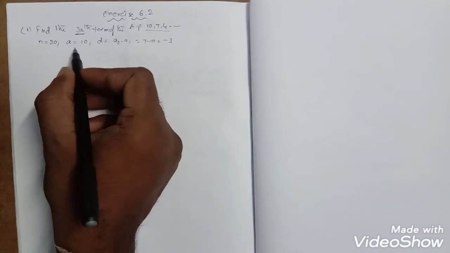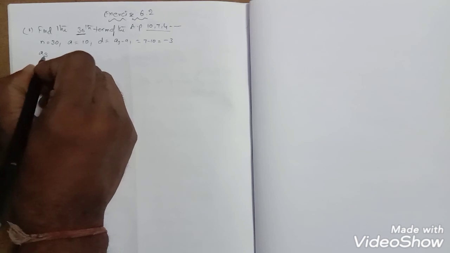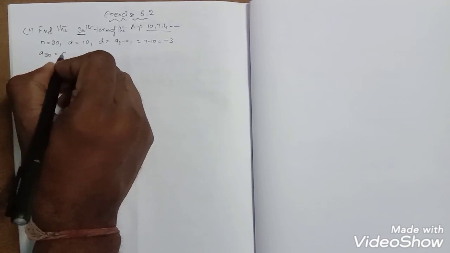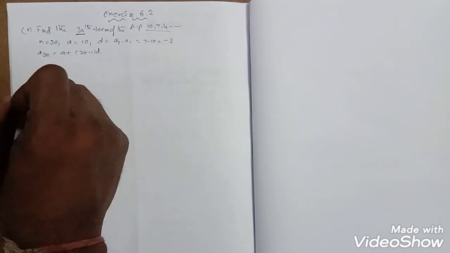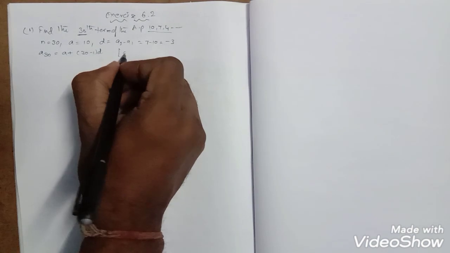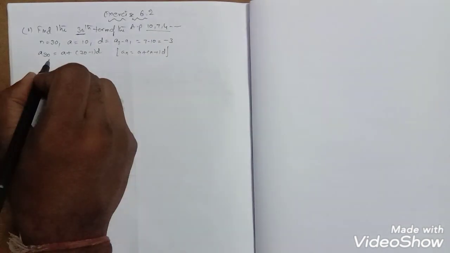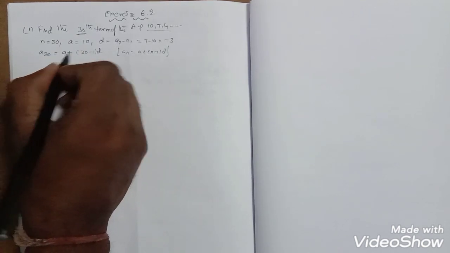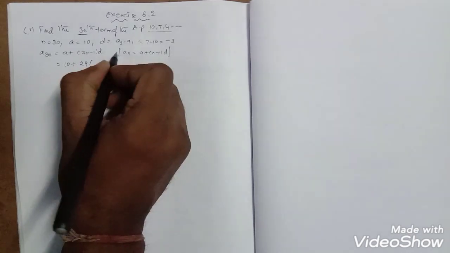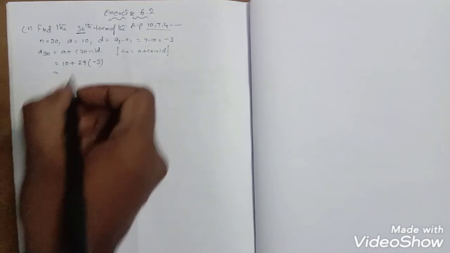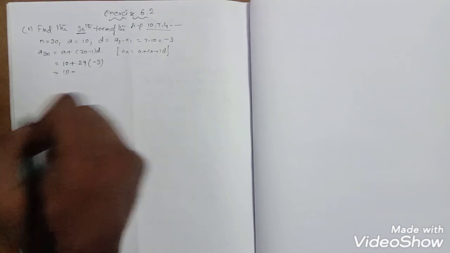So after finding a, d and n, you have to find the 38th term, that is a38 is equal to a plus 38 minus 1 into d. As per the formula, an is equal to a plus n minus 1 into d. So in this formula we are substituting the values. Now if I substitute, a is equal to 10 plus 38 minus 1 is 37 into d value minus 3. Now multiply these terms, you will get 10, minus into plus is minus. Here 37 threes are